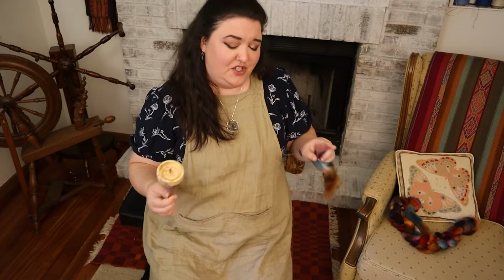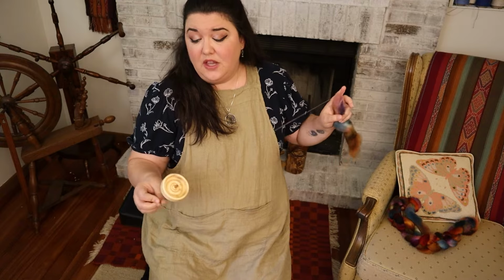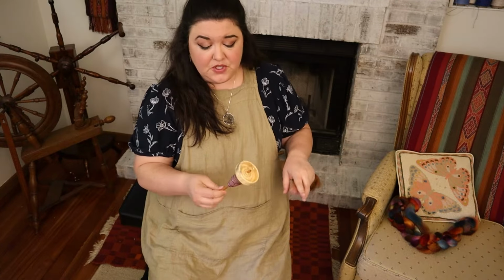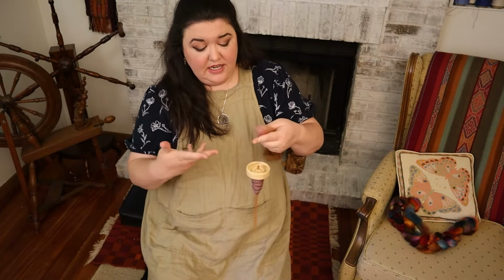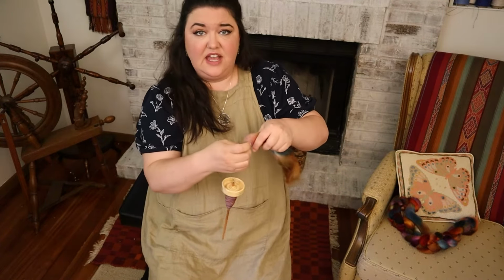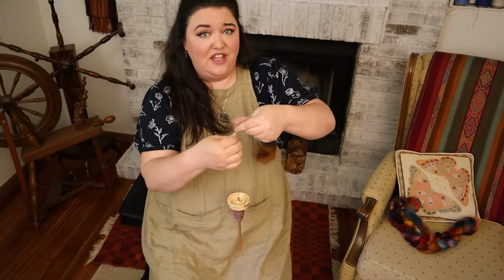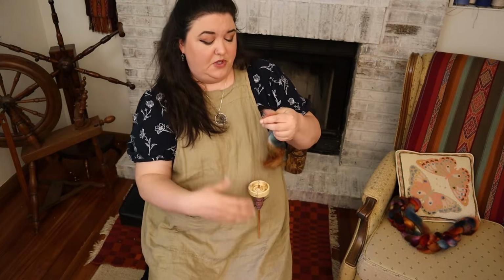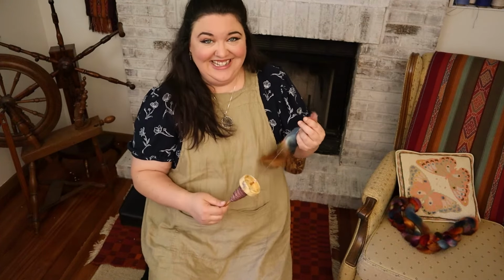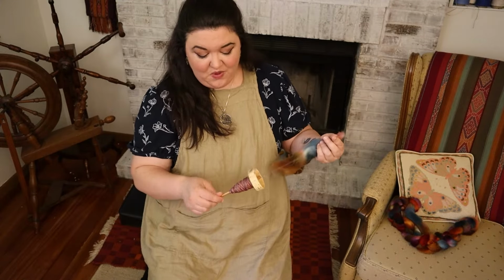So how do we transition from having it fully parked to fully suspended? So a lot of people will say, you know, once you start to get the hang of it, you're just naturally going to be spinning and be used to the drafting and just kind of, oh look at me, I'm drafting now, how cool. And that's certainly a thing. I think a lot of people start to feel the drafting in their fingers and kind of naturally move from one to the other, but still it can be a little intimidating, especially if you know, we have the joke